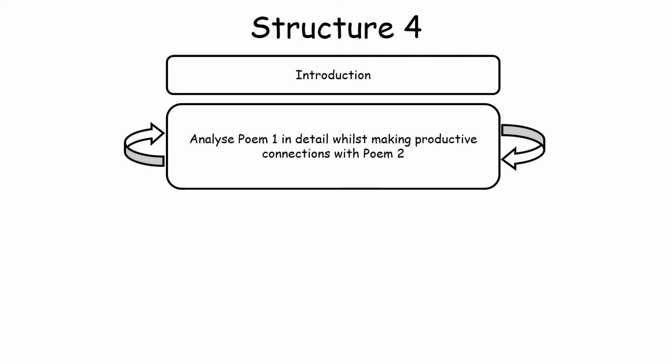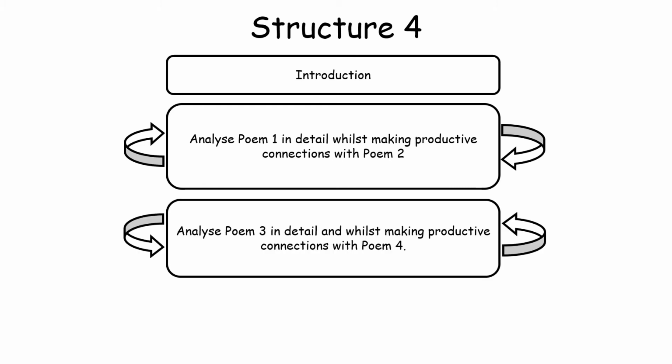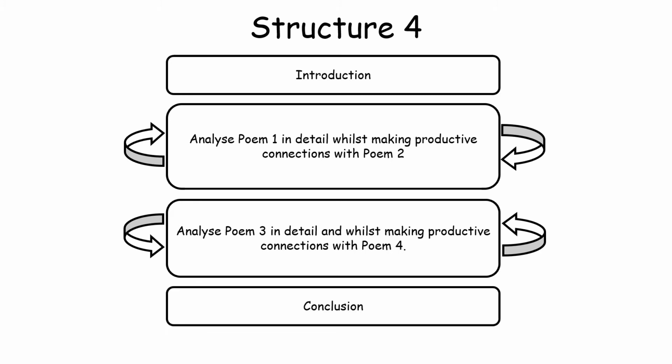What the student will be able to do once they've probed the connections between poem 1 and poem 2, they then move on to the second 2 poems. So poem 3 and poem 4 will be analysed together at the same time, probing those connections, centralising the connections, instead of leaving the connections as a subplot to be dealt with later on, and then obviously ending with a conclusion. Now this type of structure takes much more practice and it is a little bit more tricky in places. However, I believe this is the structure that you will be able to employ best to get those AO4 marks